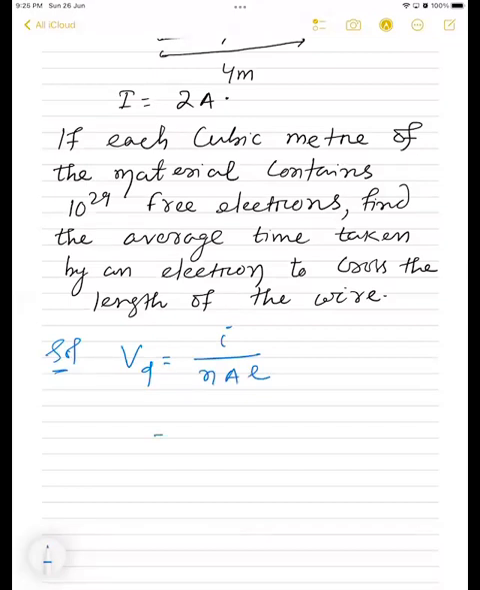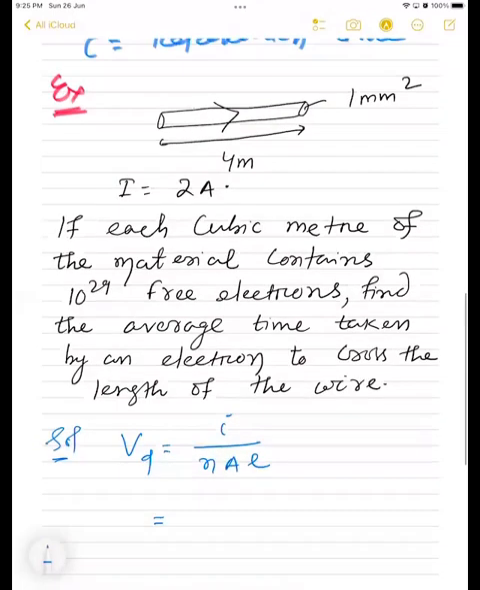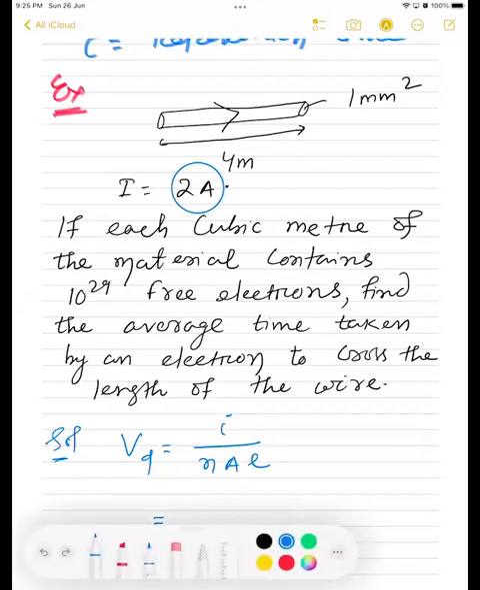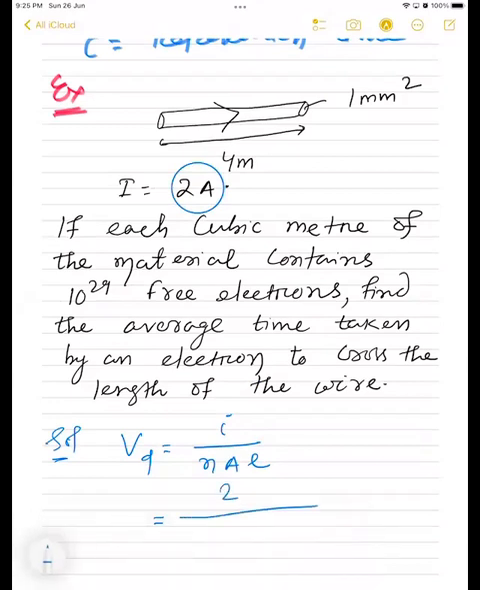Yes or no? How much current is flowing? Given in the question, how much current is flowing? 2 ampere. 2 ampere current is flowing. No need to write 2 ampere. That is 2. Then what is the number density, students? Number density means number of electrons in cubic meter. That is how much given in the question? That is 10 to the power 29, right? 10 to the power 29 into,